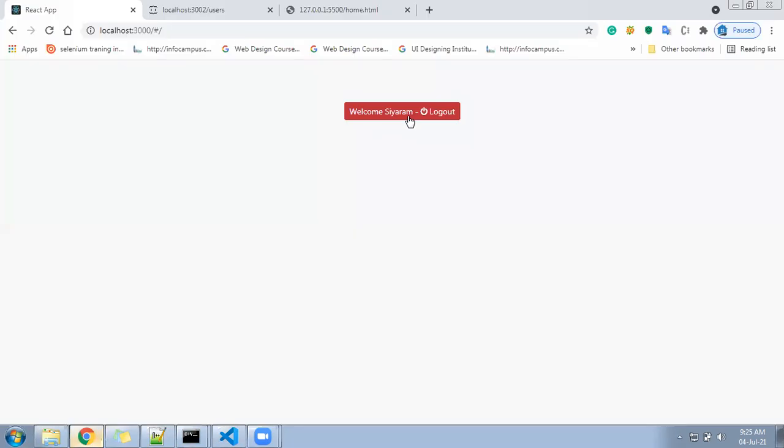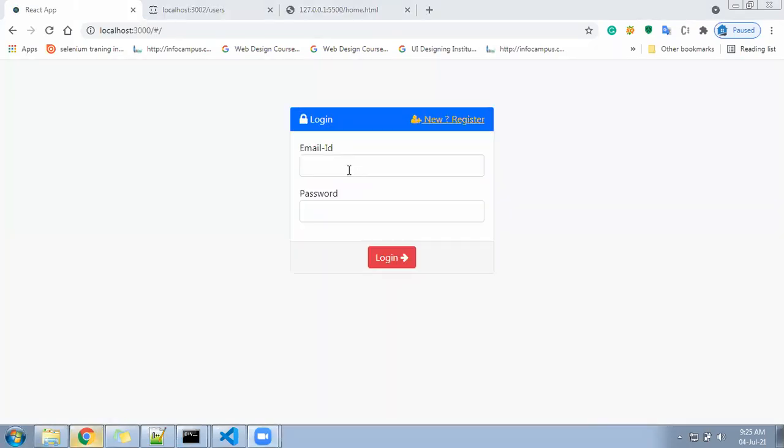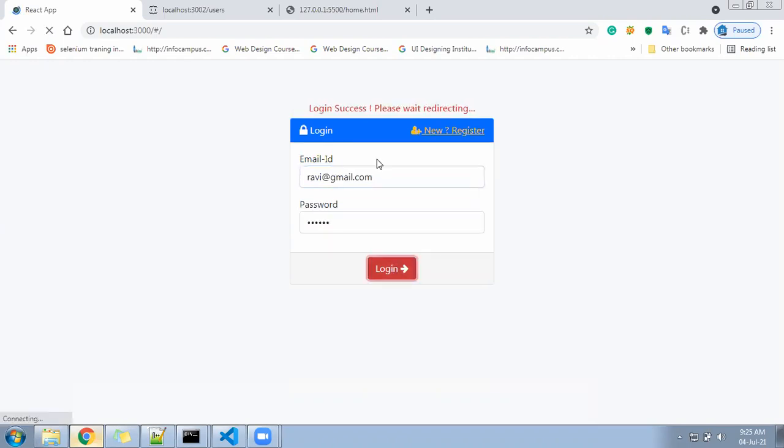Once I click on logout, it will redirect me to the login page again. Correct. You can register a new user. Suppose I register a user called Ravi at gmail.com, password 1 2 3 4 5 6. Let me go ahead. It should say welcome Ravi. Welcome Ravi. Log out again.